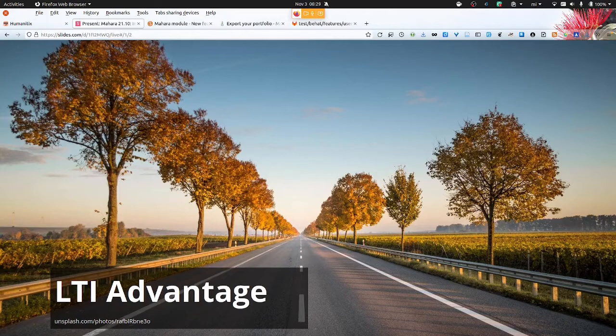So right now, when we are talking about LTI Advantage, please keep in mind, if you're using Moodle, hold on, we will get there and make it also possible to use it there. And right now, I would like to showcase that new functionality using Brightspace.